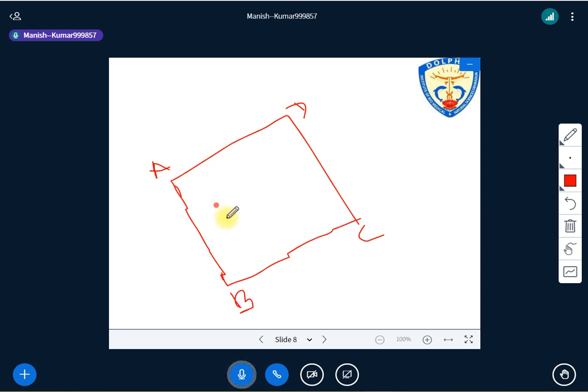Now, we have studied that when we have to locate certain features or when we are working on chain survey, the principle of triangulation has to be applied. It means we have to divide the area into triangles. So we are making one line, which can be called a baseline, and we are dividing this whole area into triangles. As I have already explained, the triangles should be well conditioned.